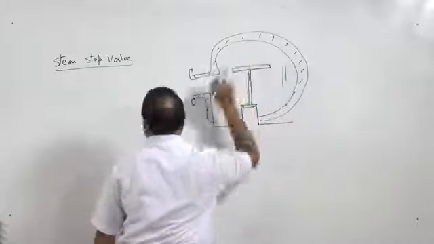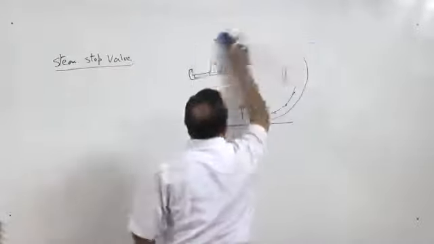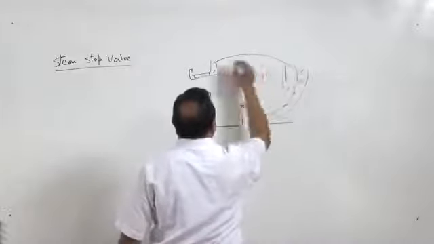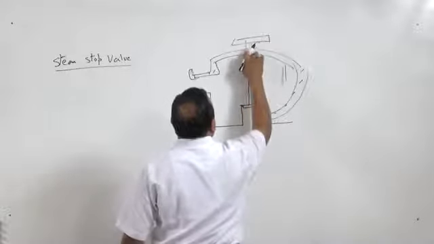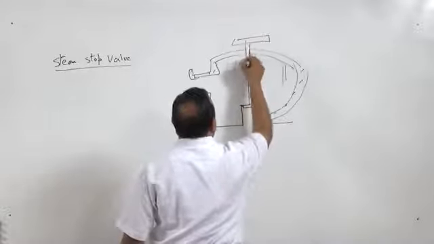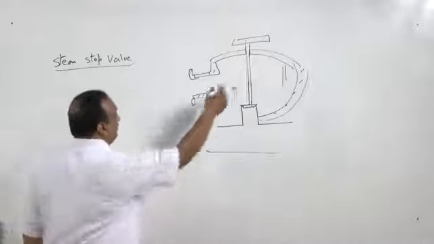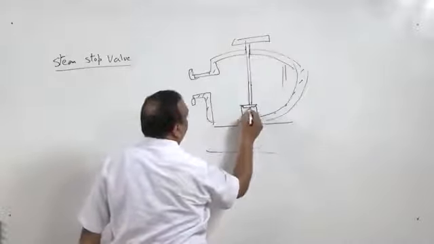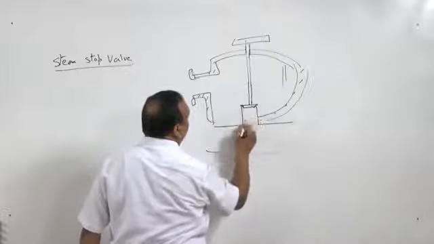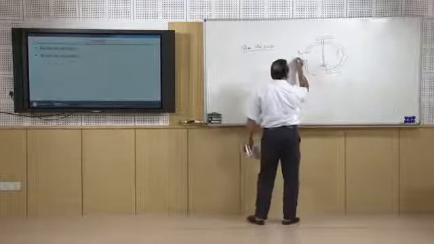Sorry, this has to be outside of this housing, and is mechanically fixed to this. Now, if you want steam at any moment from the boiler, simply turn this wheel, this rod or stylus will rotate, and this which is closing the mouth of this opening will open up, and steam will flow from this passage and will come out of the steam stop valve.